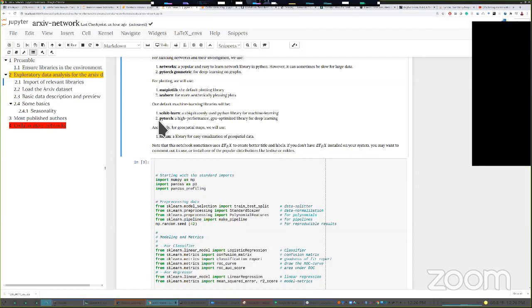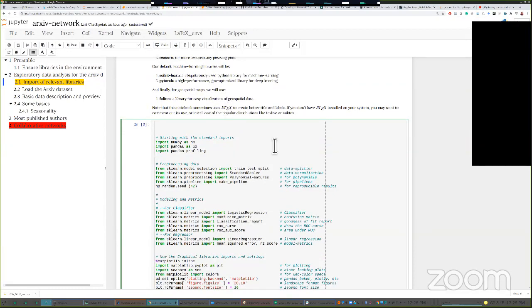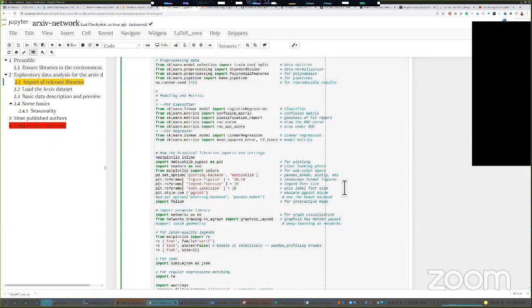PyTorch, a high-performance GPU-optimized library for deep learning. And finally, we'll use Folium for visualization of geospatial data. Now, where you will use it, I will leave it quiet. You can figure out how you can do any geospatial representation of the archive data.